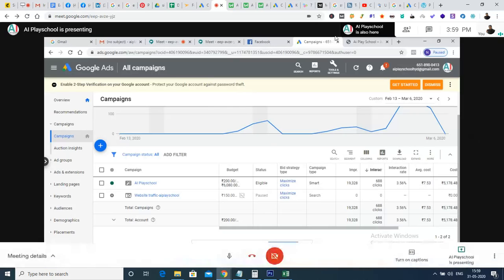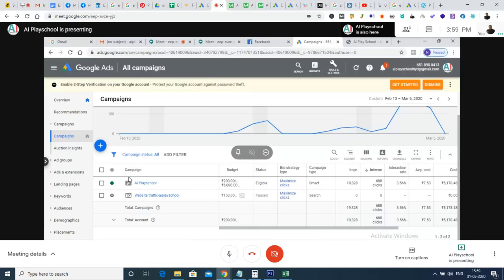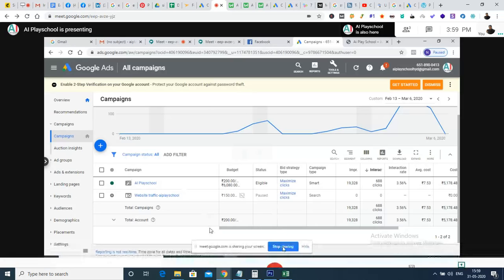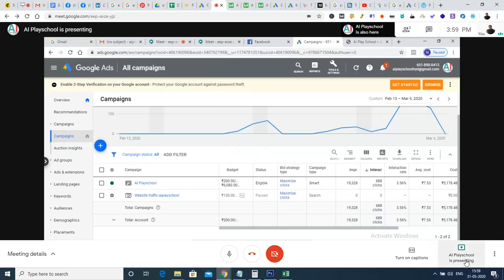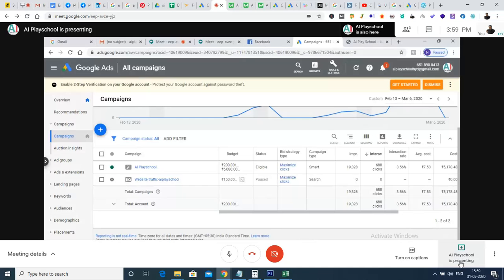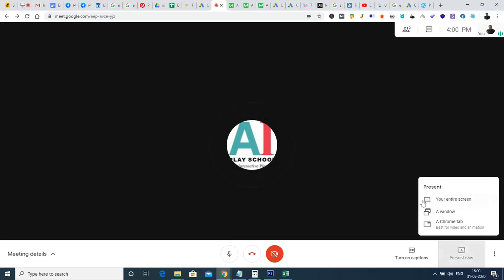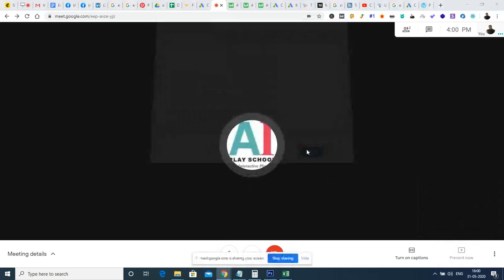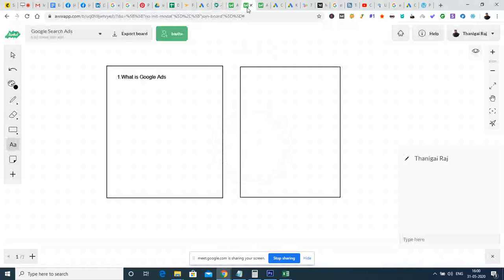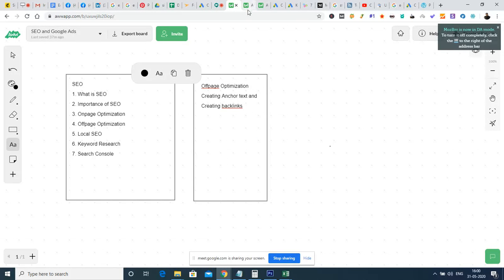So actually, I think we have to stop sharing. Which button do I have to click? Stop sharing. Yes, at the right hand side, the same location where you saw the start presentation, view presentation, you will have the option for stop sharing. Yes, stop sharing. Now I can't see your screen, so the sharing has been stopped. So let me present my screen now, and let us check what is the timing that we had planned for the break.